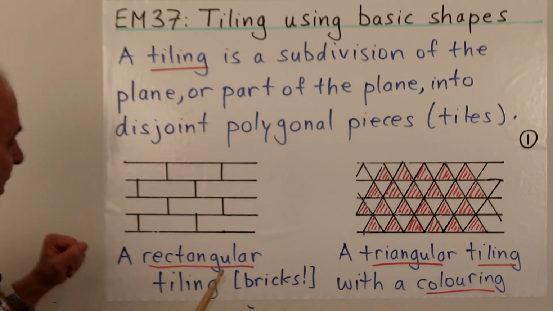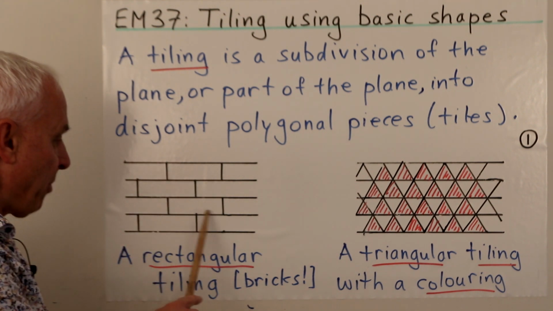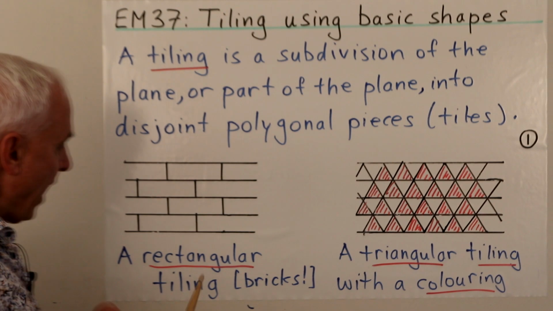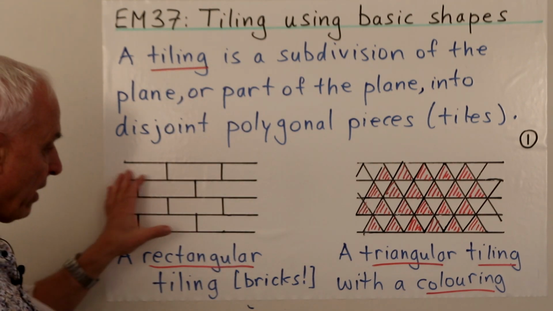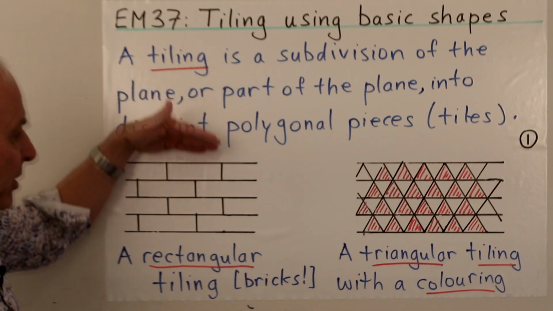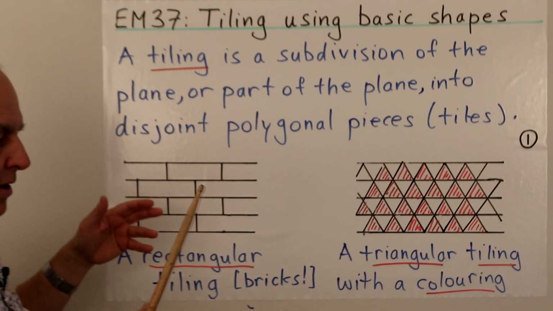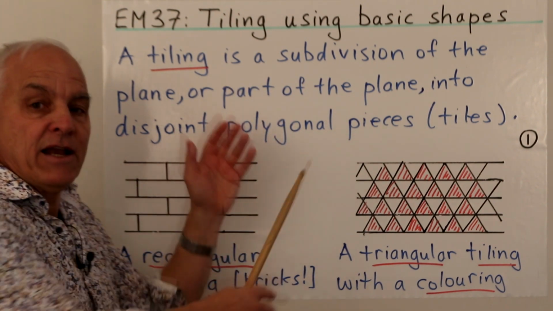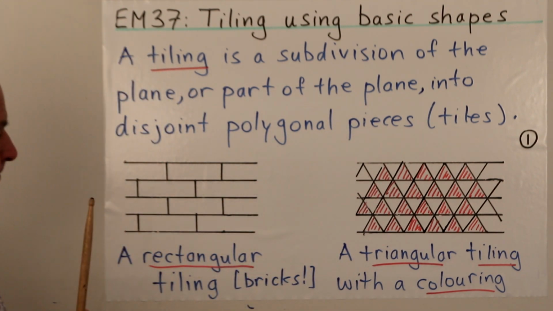Okay, so here is a rectangular tiling. We see these little polygons, which are actually rectangles, and they fit together to form this pattern. And even though I've only shown part of it, you can see that this pattern could be extended, right? We could extend it in this direction, or this direction, or in this direction, or this direction. And so, theoretically, at least, we could extend it as far as we want. There's an identifiable pattern here.